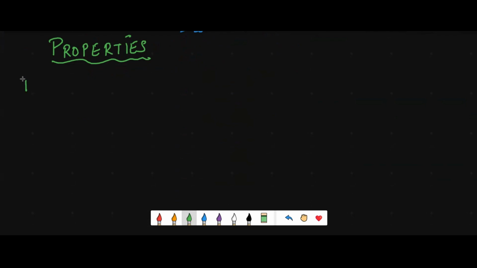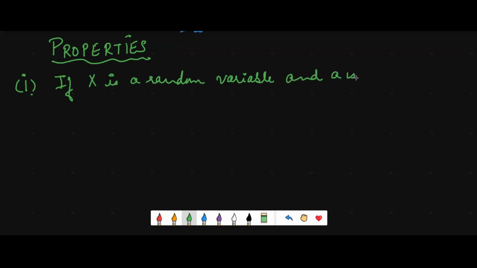So the first property is that if X is a random variable and a is a constant, then